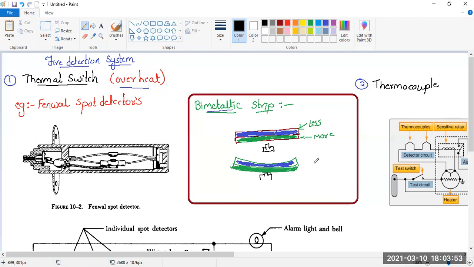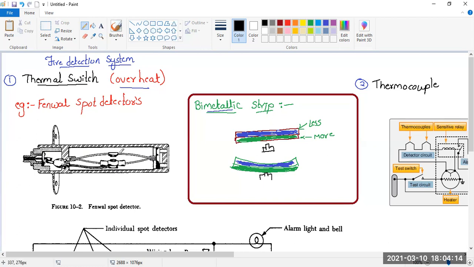Now what we are going to do is install the same bimetallic strip inside a casing. So this is a casing inside which there is a bimetallic strip. You can see that there is an electric conductivity over here which is connected to this. And secondly, here is your second wire, right? So if a circuit is completed, this should come in contact.